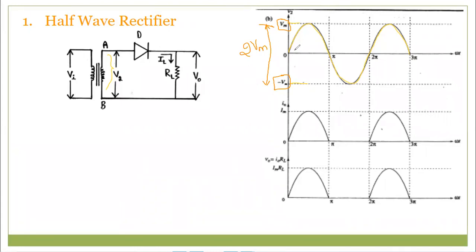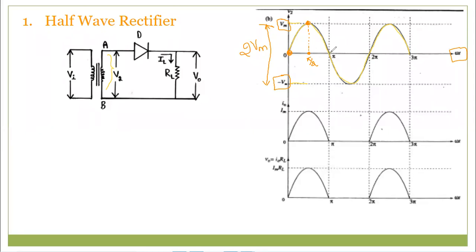Now we can observe this is an AC supply. AC means alternating current. Alternating means the voltage value changes with respect to time. When time changes, its value also changes. At this point, the voltage is 0. At this point, the voltage is Vm. The time is different. Here you can observe this is one particular time, so I can consider pi by 2. Here the x-axis is represented with omega t. Omega means angular frequency. The same thing we can represent with time also, in seconds.